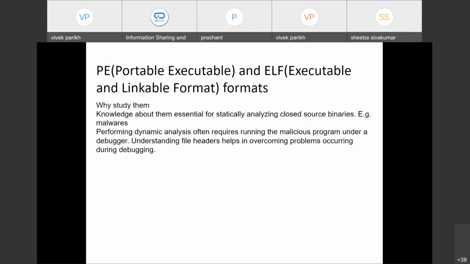Knowledge about them is essential for statically analyzing closed source binaries, for example malware. Also, when performing dynamic analysis, you need to run the malicious program under a debugger. A debugger allows you to debug your software by running it. In malware analysis, analysts generally use a debugger to perform dynamic analysis. Understanding the file headers helps in overcoming problems occurring during debugging.